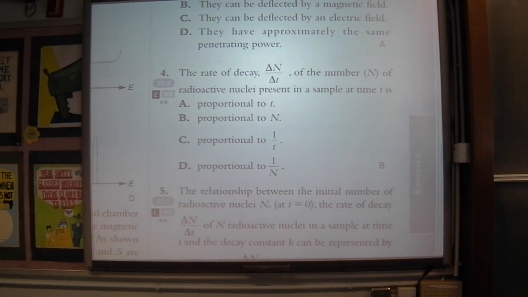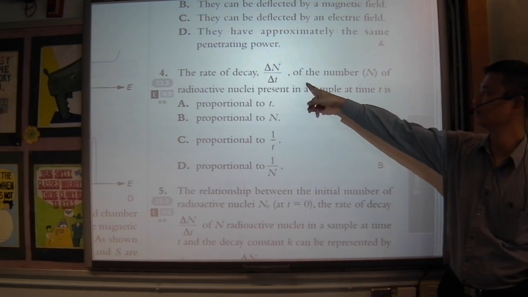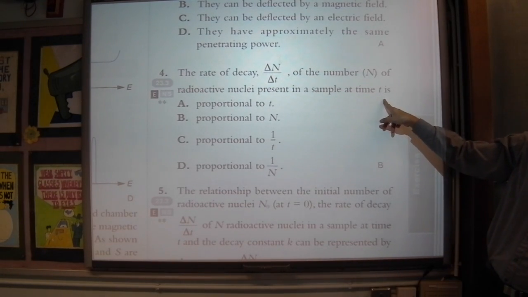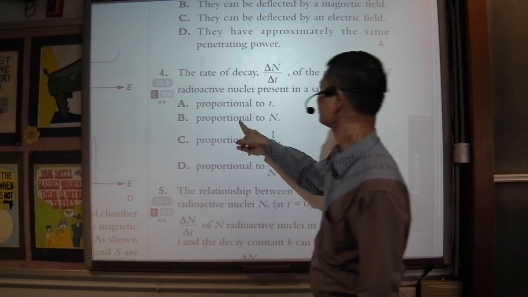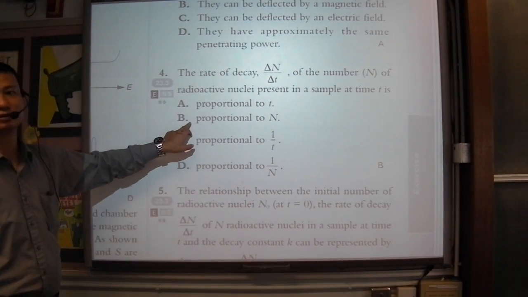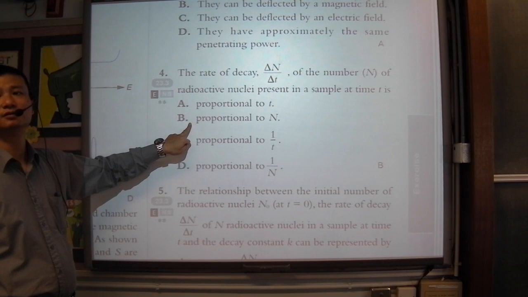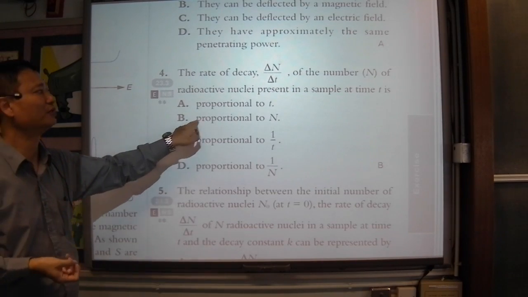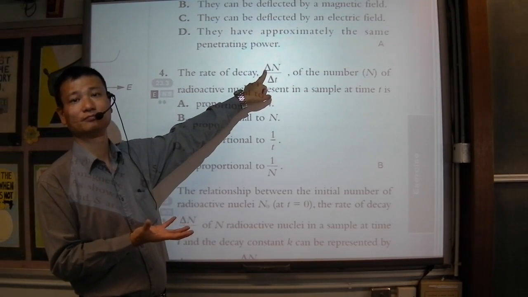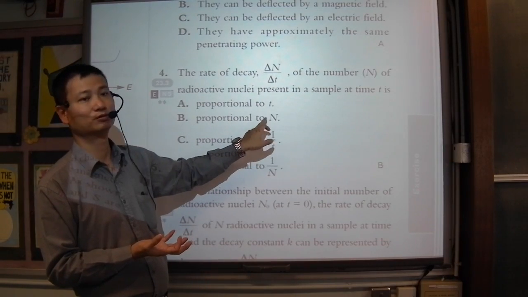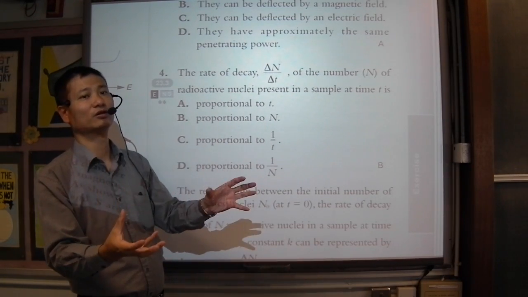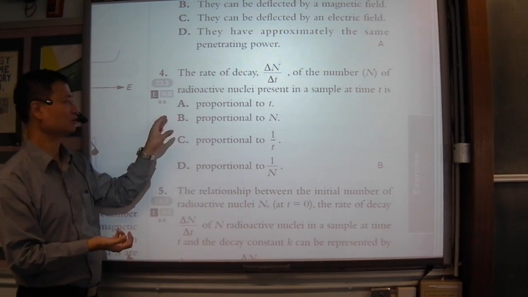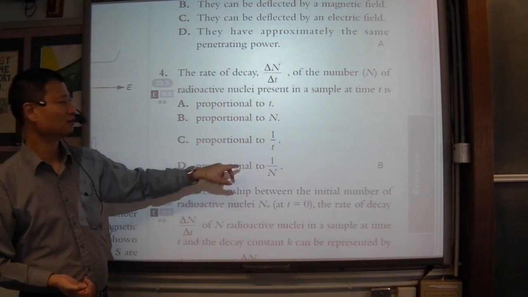Number 4, the rate of decay, delta N over delta T, of the number N of radioactive nuclei representing a symbol at time T is. Now, it is proportional to N. The more the radioactive nuclei, the more will be the decay per unit time. So this one must be correct, proportional to N. N is the number of the whole sample; the larger it is, the more nuclei decay in 1 second, so it is directly proportional. So this one must be correct and the others are wrong. 1 over t, 1 over n